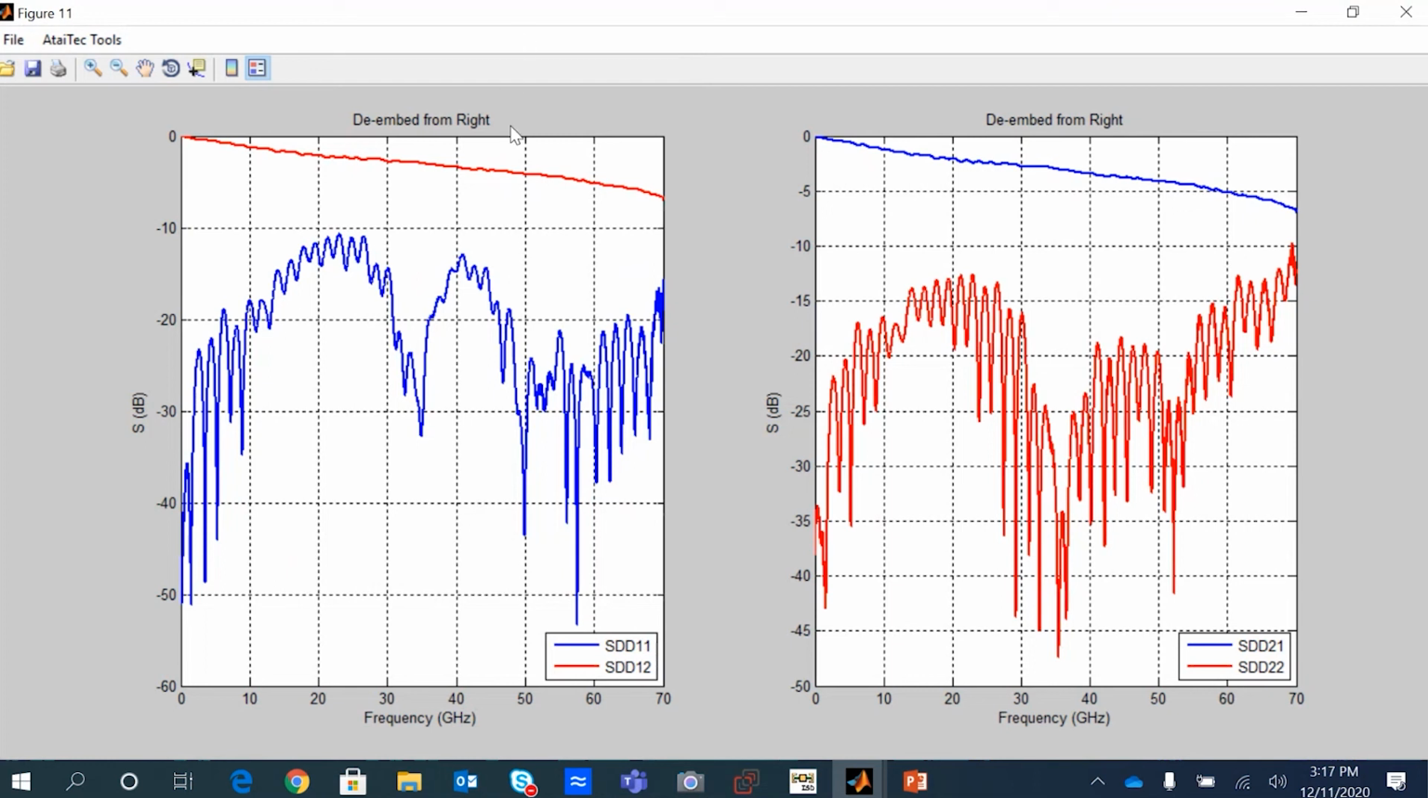So the blue trace over here is the input return loss. The red trace over here is the output return loss. And then we see over here the insertion loss, the differential insertion loss of the probe itself. In the forward direction is the blue. In the reverse direction is the red. And they're the same, as we would expect, because this is a symmetric and passive device that we're extracting